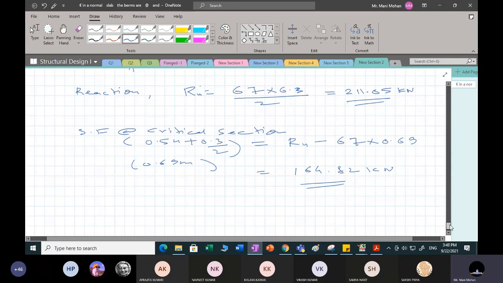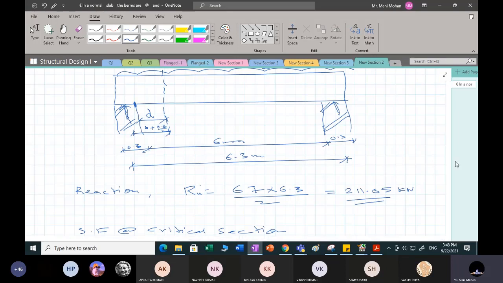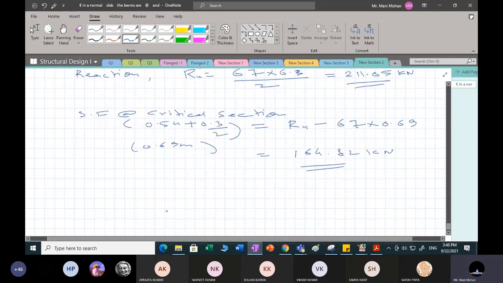So before proceeding ahead, what I would suggest, you always plot the shear force diagram. It is always good that if you plot the shear force diagram, it will help you to take a decision regarding economical distribution of your stirrups. So for this problem, what I will be doing, I'll draw the shear force diagram. And let me draw the line diagram for the problem.